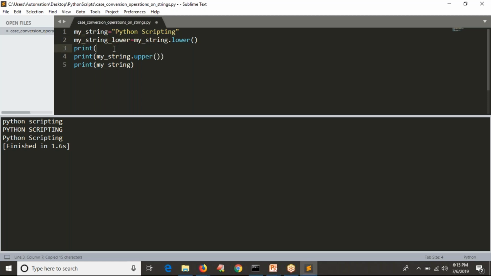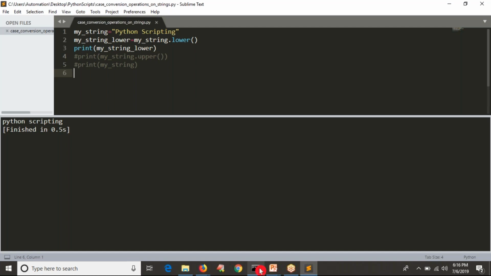Now print this variable and see the output. Let me comment these two lines and observe your output. Yeah, already we have written, right? See the output. That's it, right? So guys, as of now we have seen lower and upper operations on your given string.